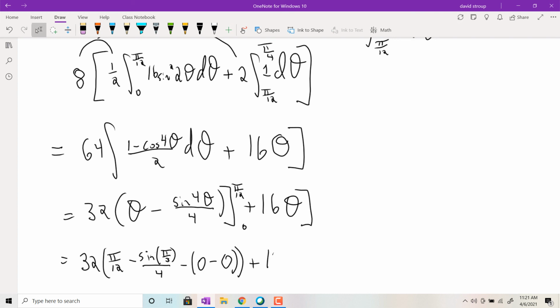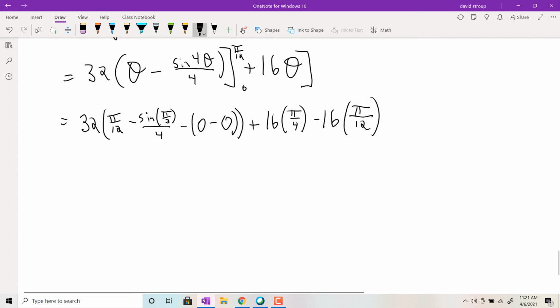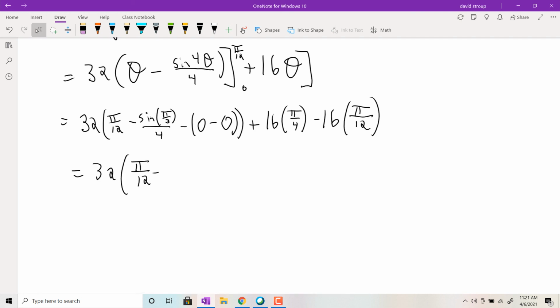And then plus 16 times pi over 4 minus 16 times pi over 12. Okay, you can distribute this 32 eventually. Let's figure out sine of pi over 3 first, right? Sine of pi over 3 is root 3 over 2, so it's root 3 over 8,